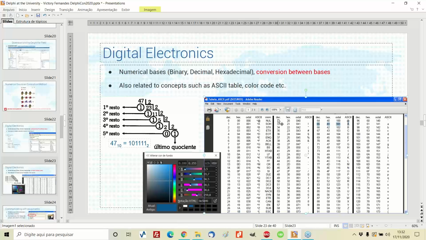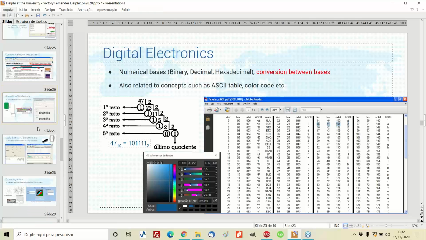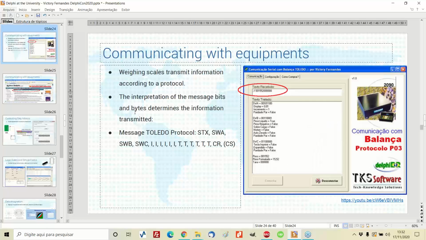You see that this table actually works with decimal, hexadecimal, octal, and you have to understand how to convert in between that. And why is that needed? Because when you go to the discipline where you will learn how to communicate with equipment, for example automation, PLCs, and so on, all the data that will be transferred in between your PLC, in between your scale, whatever, will come in ASCII when it's transmitted, for example, in RS485 or RS232 communication. So it is very common to have that.